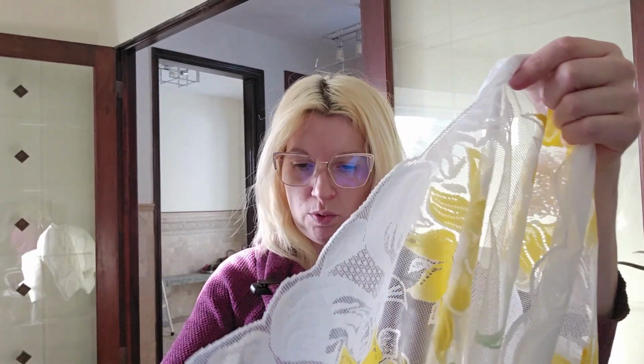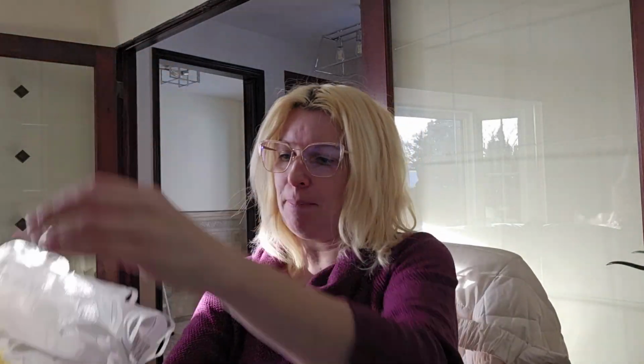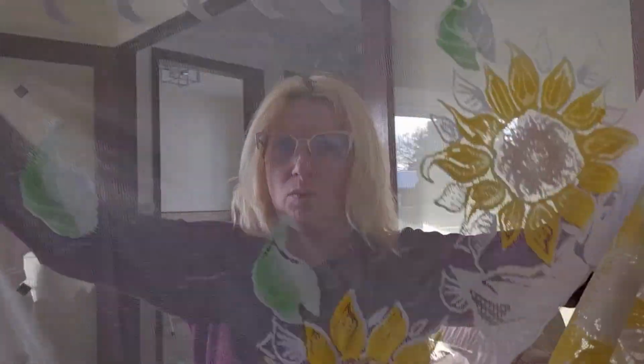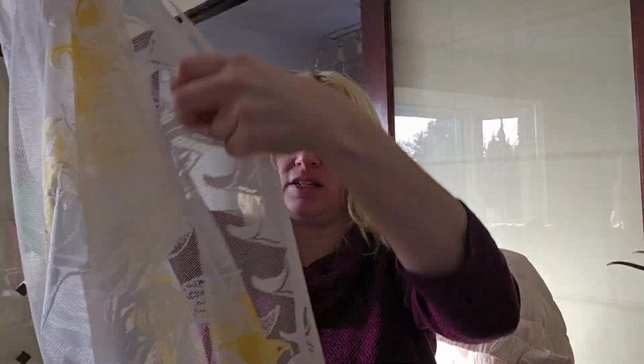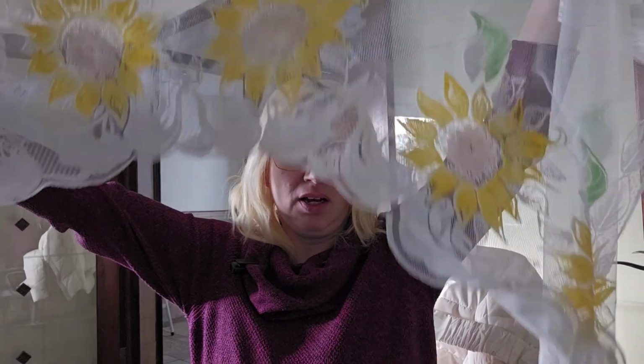So there's this first one here. Oops, if I can get it to go in the right way. No, I got it upside down and backwards. Here we go. This nice old long one. So it's got the longer parts on the sides and it's shorter in the center. It's got the sunflowers, and this one, if I can find the tag, it was